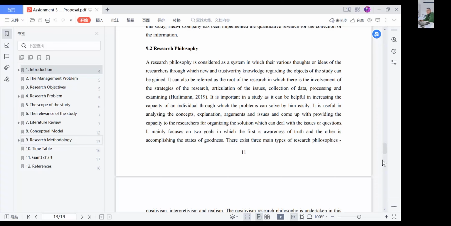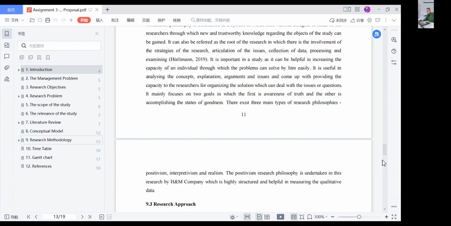It's important in a study as it can be helpful in increasing the capacity of the individual through which the problems can be solved by him easily, and in which the first awareness of force and others is accomplishing the states of goodness. There exist three main types of the research philosophies: